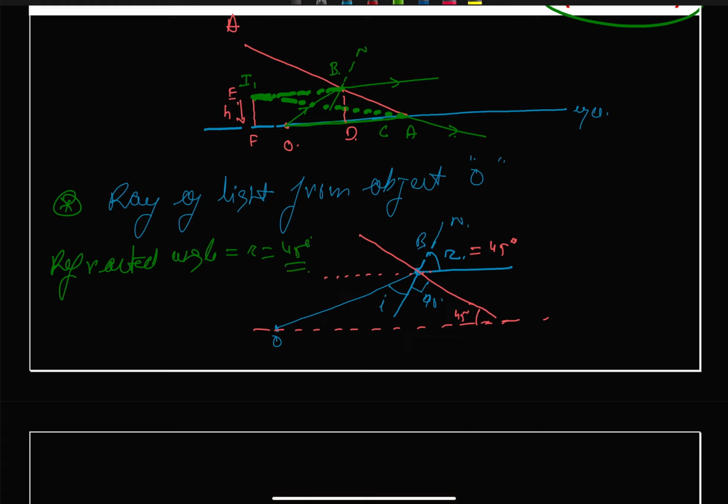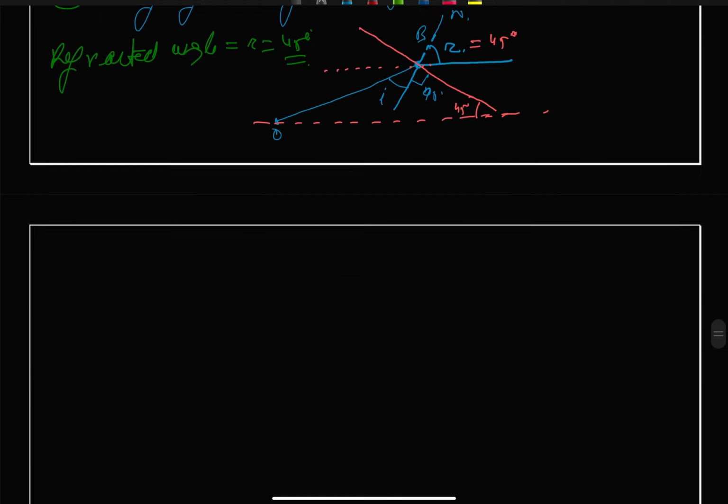We can use the Snell's law at point B. So you can say Snell's law at B, we get this as,